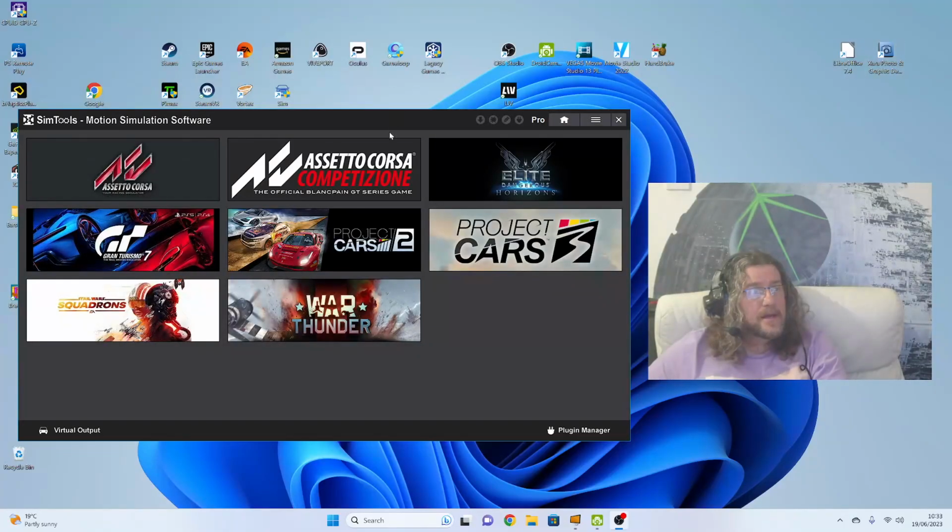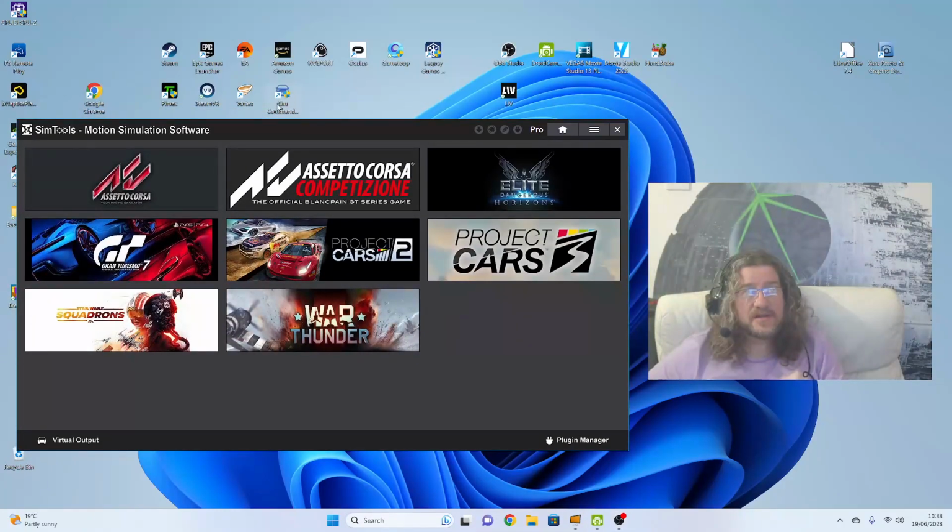Hi, okay. What we're going to look at today is how to get a Simxperience 2 degrees of freedom plus traction loss simulator working with Simtools. Now, why might you want to use Simtools instead of Sim Commander, which you can get